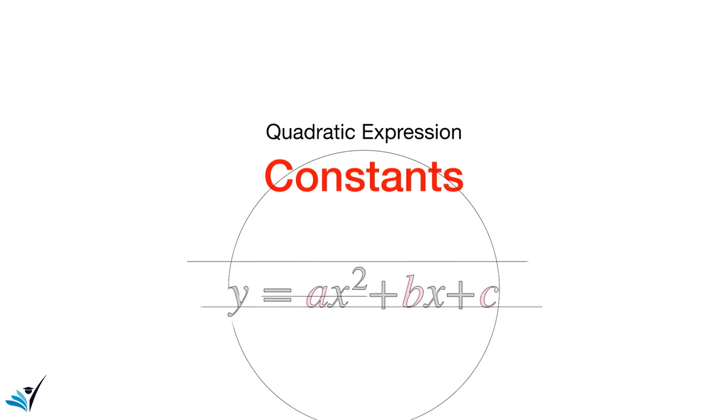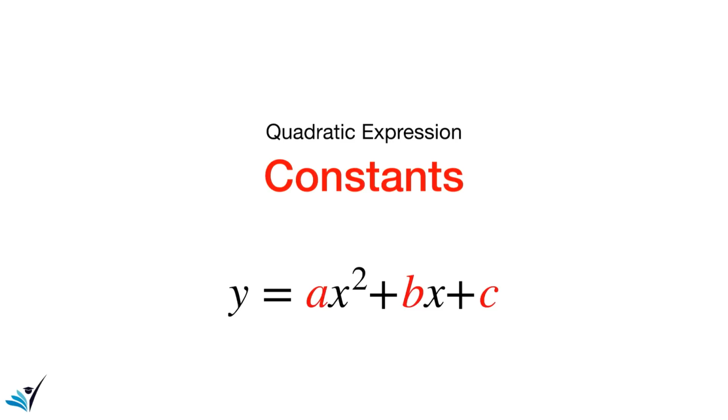This is another video in the series about quadratic expressions. In this video, we wanted to talk about the constants of quadratic expressions. In the previous videos, we introduced the standard form of quadratic expressions. You see it on the screen. In this expression, x is the variable of the expression and a, b, and c are the constants. And in this video, we wanted to focus on the effect of these constants on the behavior or the shape